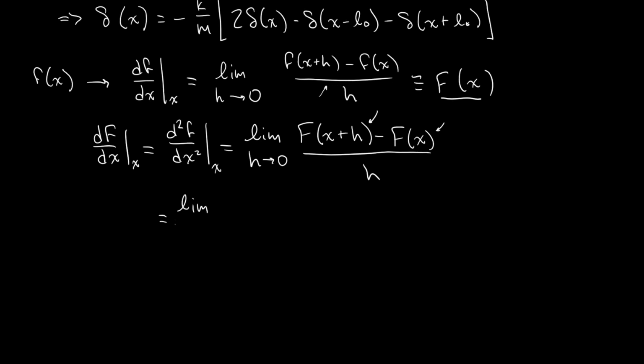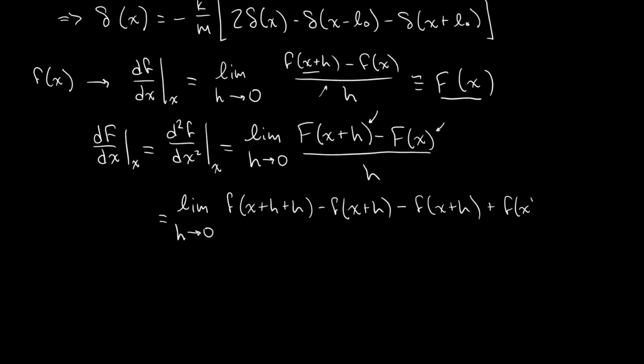So this is the limit as h goes to 0 of, I get little f, coming from this term with x plus h plugged in for x, f of x plus 2h, and then minus f of x plus h, plus f of x, is this minus sign here, all divided by h squared. Just get an h times an h,